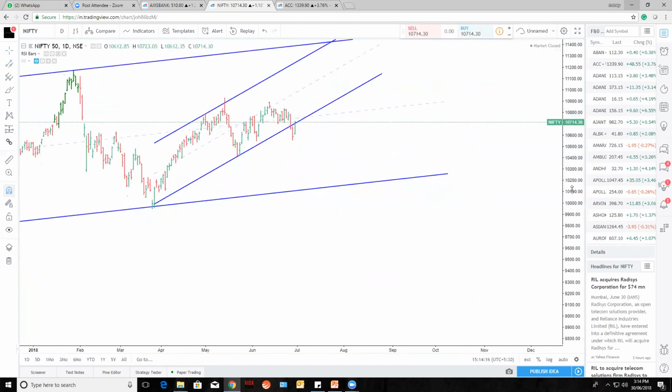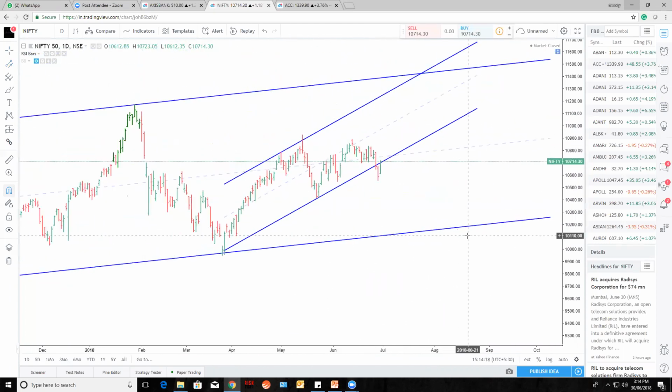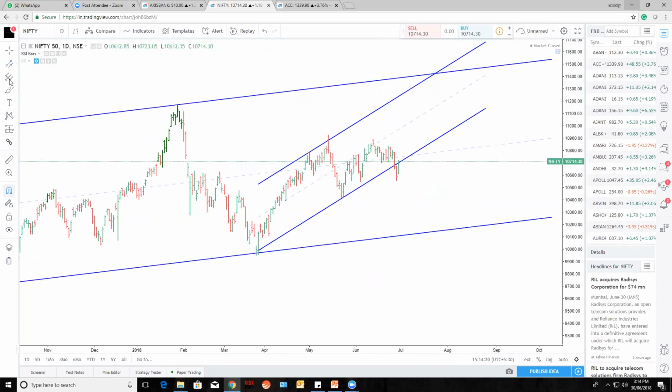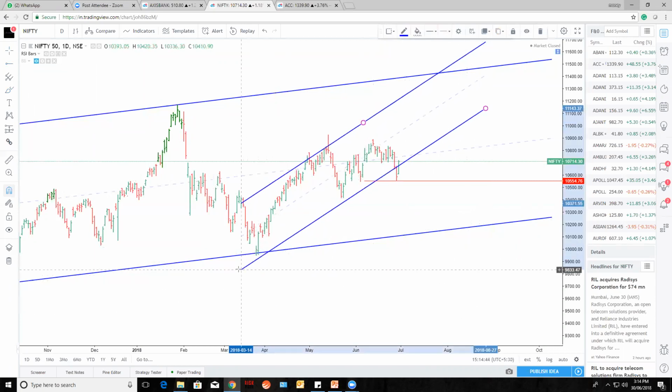So what do you want to do here? Do you want to buy here? As it is the channel's low, it broke the low, right? You need to sell. You need to look for a sell setup to this channel's low. And where you need to sell, I will tell you how you need to use the channel for your trading decisions. I will tell you where exactly you need to take the sell setup or sell call.